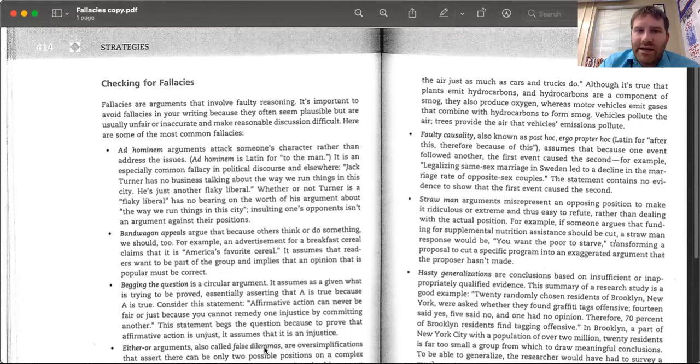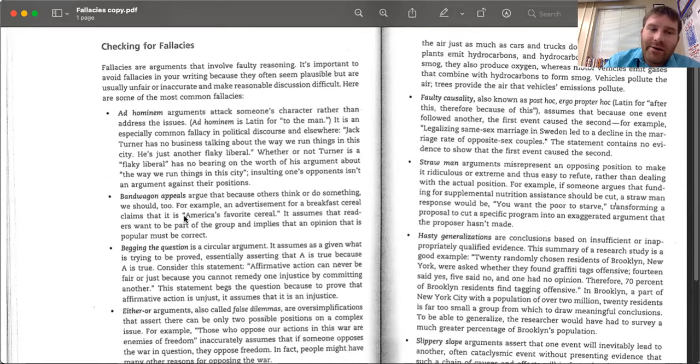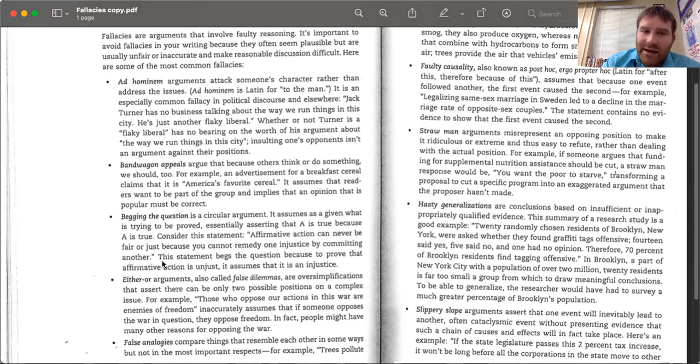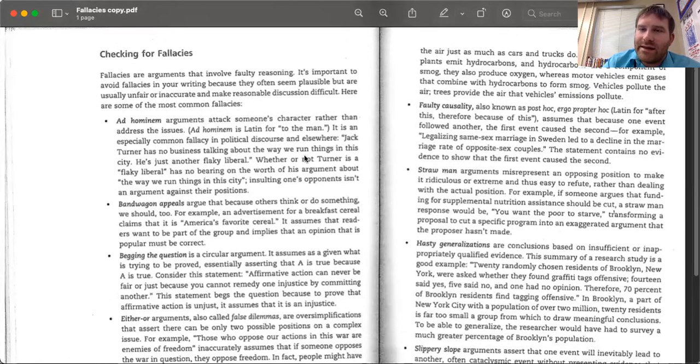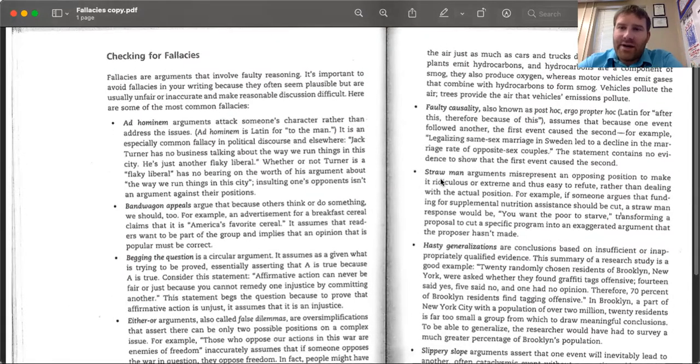What I want you to do is read these 2 pages, and come up with your own example of an ad hominem attack, your own example of a bandwagon appeal, your own example of begging the question. It does give you an example down here. It gives you a definition of what the fallacy is, and it gives you an example of what that type of argument is. So I want you to come up with your own real world example of ad hominem, of bandwagon appeals, et cetera, et cetera. So one for each of these 9 fallacies that we have here, I want you to come